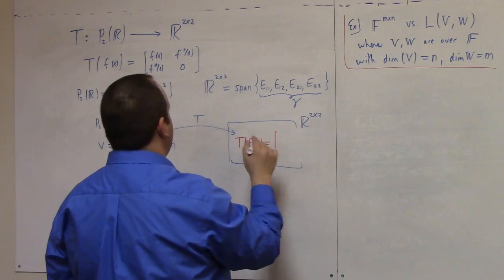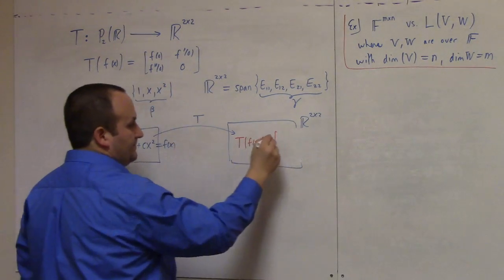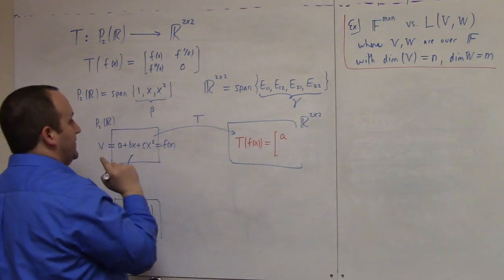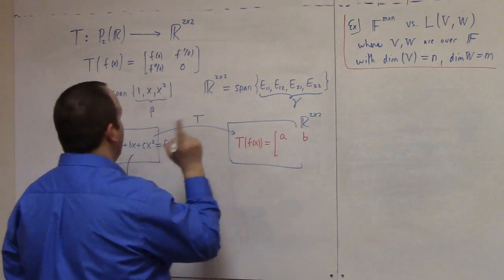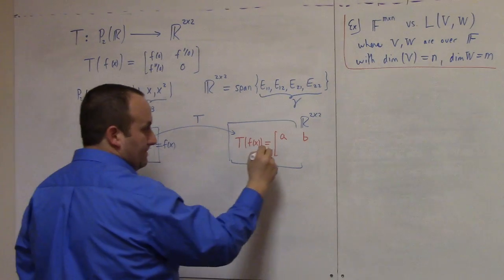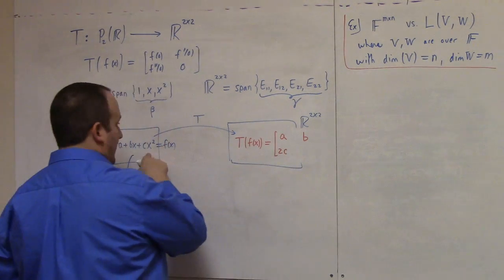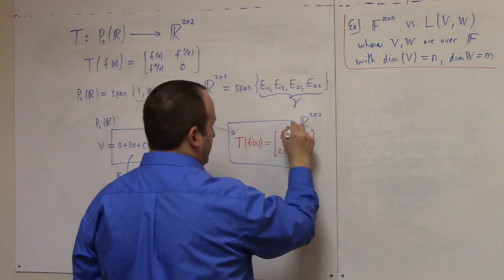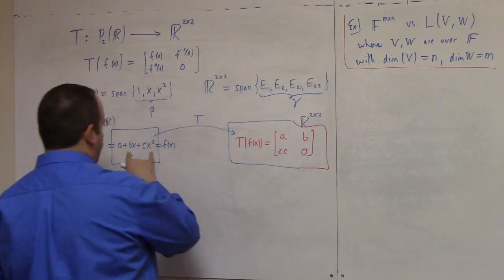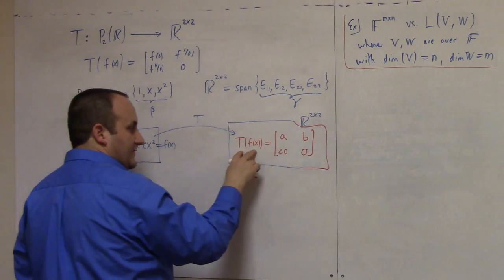Fine. f of 0 is what? f of 0 is a. f prime of 0 is what? Differentiate this, you get b. f double prime of 0 gives you 2c. And then you've got 0. Okay, so that right there, folks, is the image of an arbitrary vector in the domain under the given linear